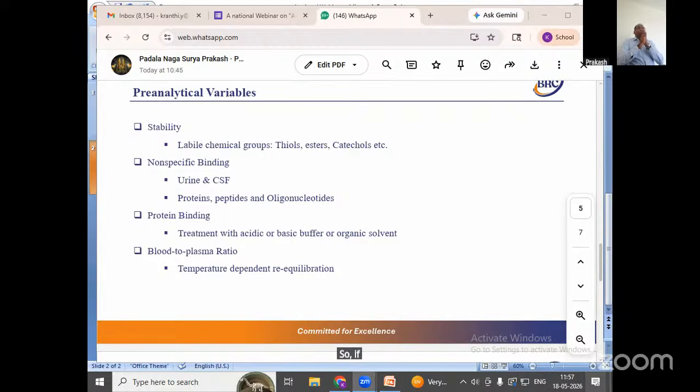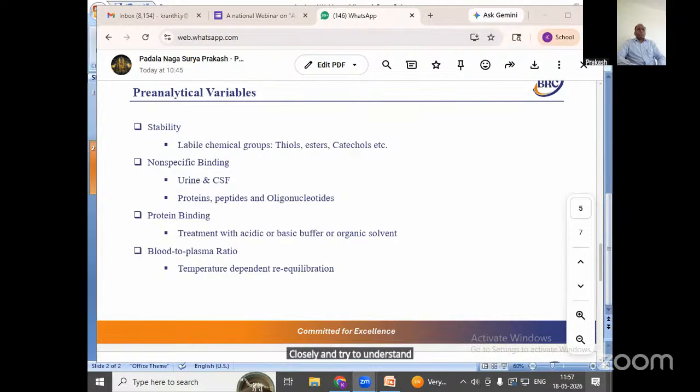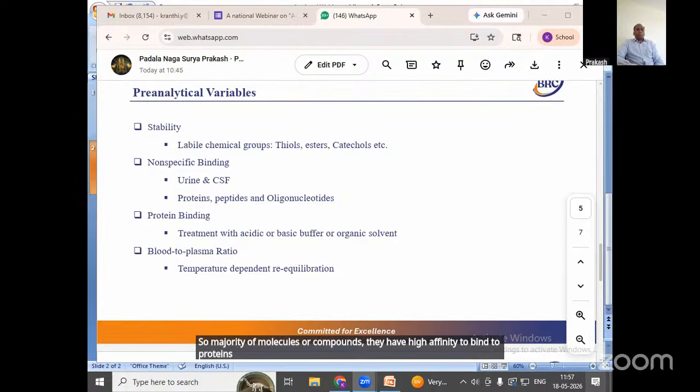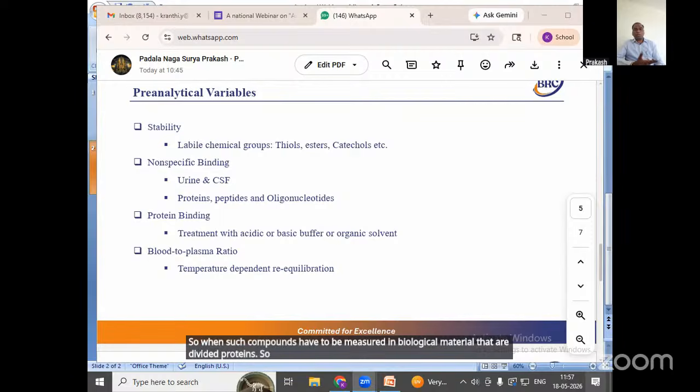If we consider in which biological material this NSB would be observed, I would say it is urine and CSF. If you look closely, the majority of compounds have high affinity to bind to proteins. So when such compounds have to be measured in biological material that is devoid of proteins, such as urine and CSF, cerebrospinal fluid,